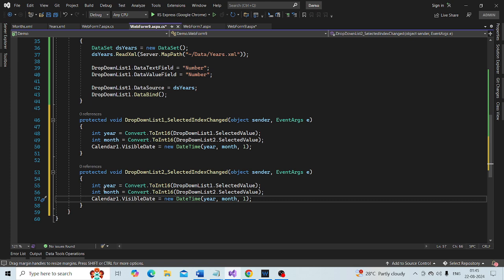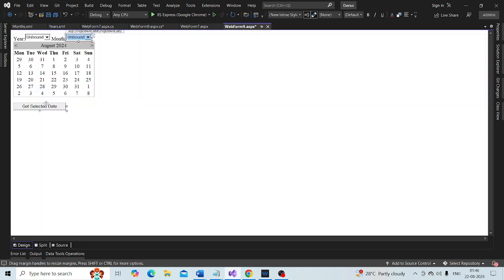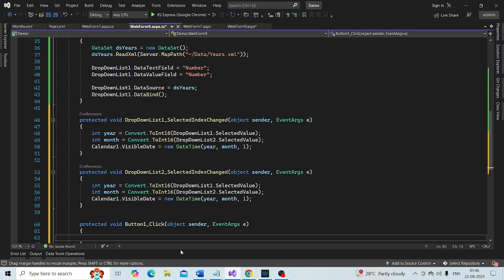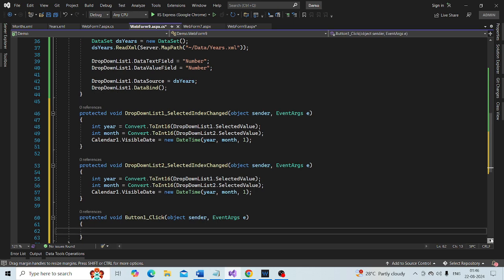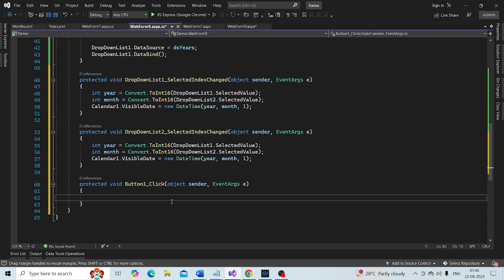Now finally, when the user clicks this button, double click this. What we want is that date that the user has selected.